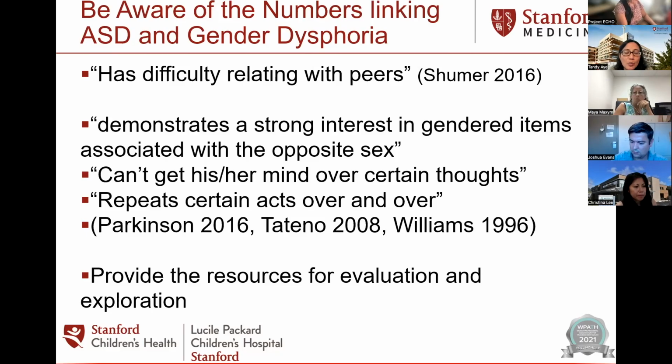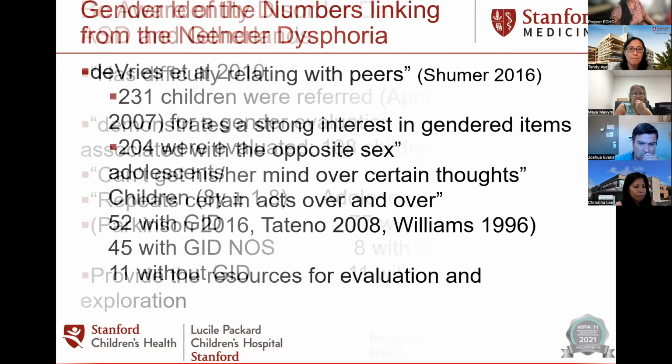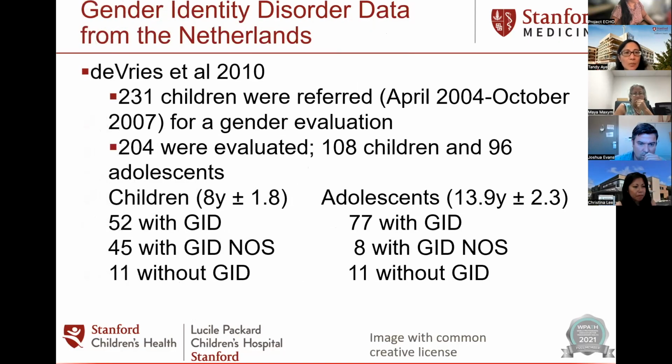And so it's really important that proper evaluations are done separately and thoroughly. In fact, part of the new WPATH, which is the World Professional Association of Transgender Health, is requiring that this be thoroughly explored, and that people who are doing the evaluation understand the difference of autism versus gender dysphoria. So one study that was done from the Netherlands showed that there were 231 children who were